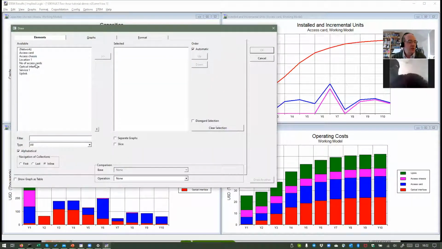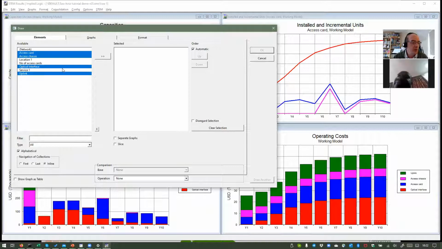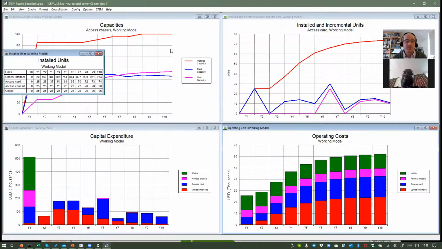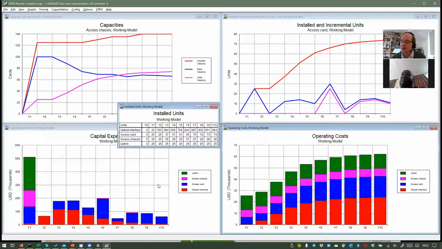So it's always nice to have a graph which has each of the resources and the installed units just as a table, just as the inventory. So it's kind of handy to have this just so you can look at the numbers and just say, does that make sense? And you could get your calculator out and do a few calculations just to convince yourself that